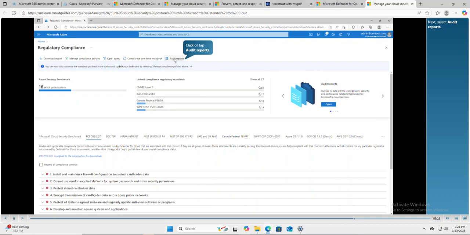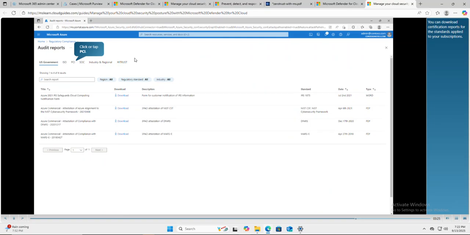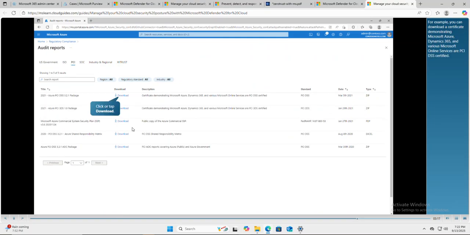And let's say that I want to look at reports. This is really important for auditors, right? Because let's say your company wants to find out if Microsoft Defender for Cloud is actually compliant, you want to audit Microsoft Defender for Cloud for PCI. Well, unfortunately, you're not going to have access to the Microsoft resources and servers to audit. So Microsoft already has certifications from public, authorized auditors that have confirmed it, so you can look at the attestation